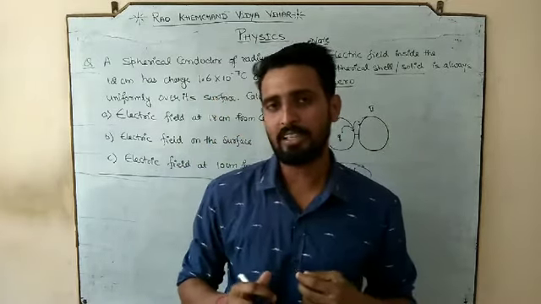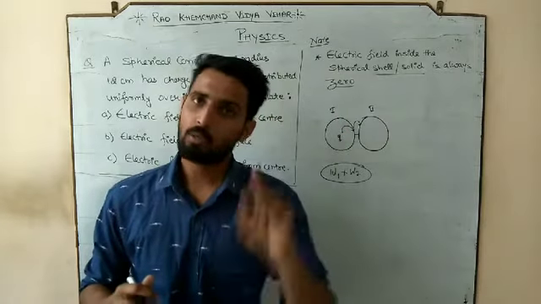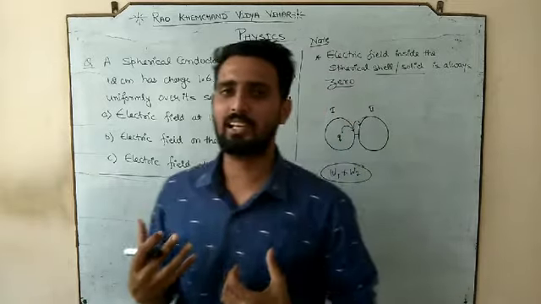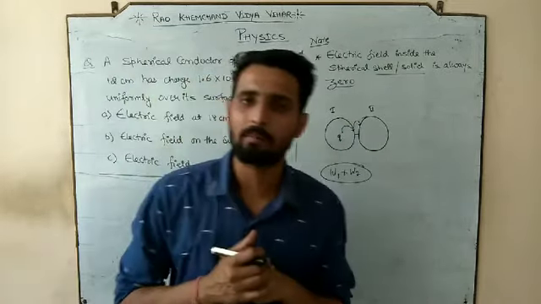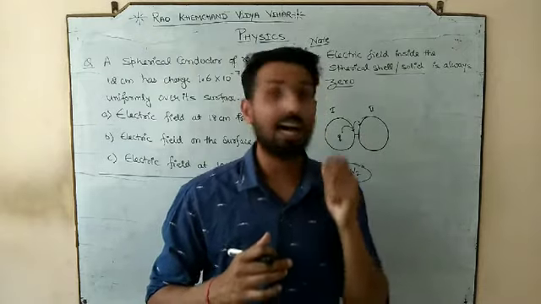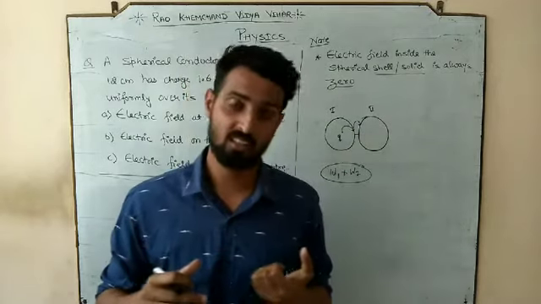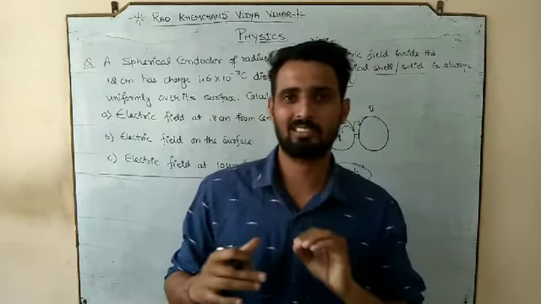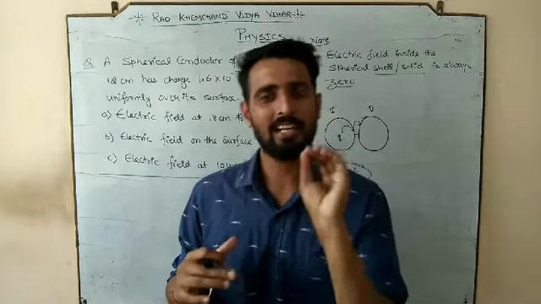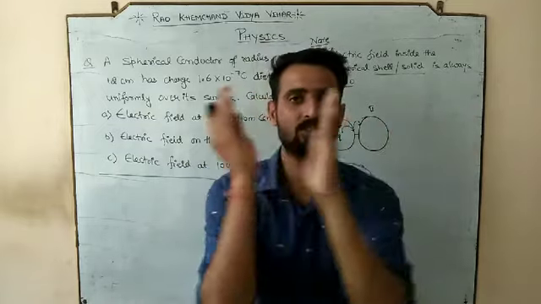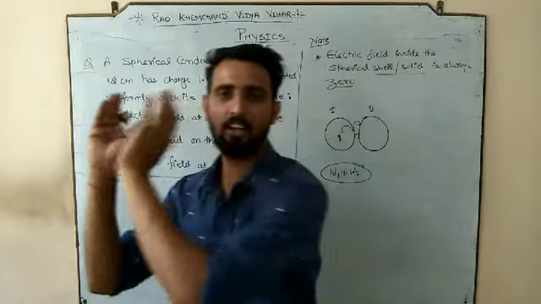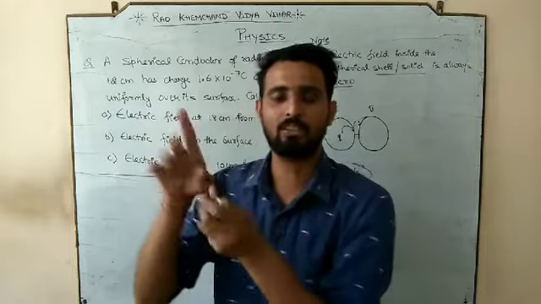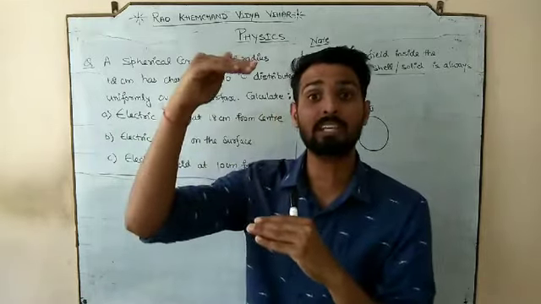And the third point: the more energy the body has, the more instability it will have. So the more energy the body has, the more unstable it will be. And if the body is more unstable, it means the body is not in electrostatic, not in electrical equilibrium. Electrostatic charge should be in the state of rest. What is the meaning of that? Charge is in the state of rest. Rest means equilibrium. Equilibrium means stable.